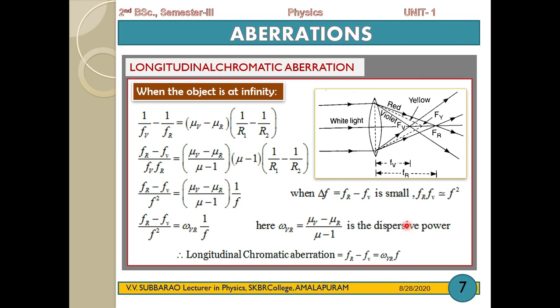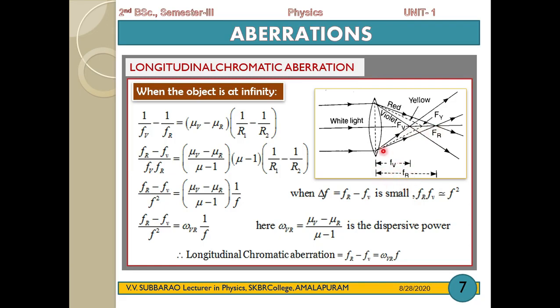This may be done in two cases. When the object is at infinity, the light rays from the distant object come in the form of a parallel beam and they strike the lens. They will be focused at the principal focus. This is the principal focus for violet and the principal focus for red. So the distance between violet and red images is nothing but the difference of the focal lengths for violet and